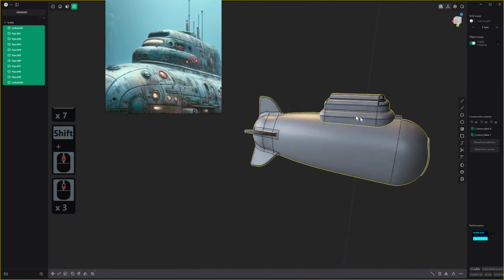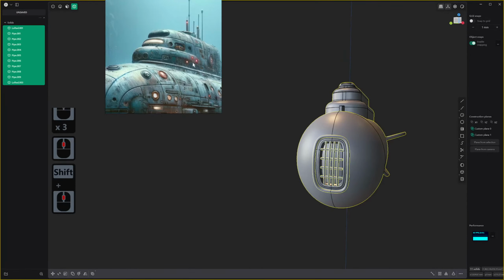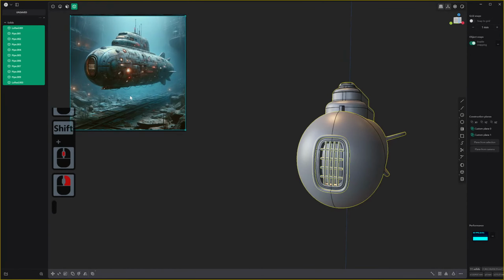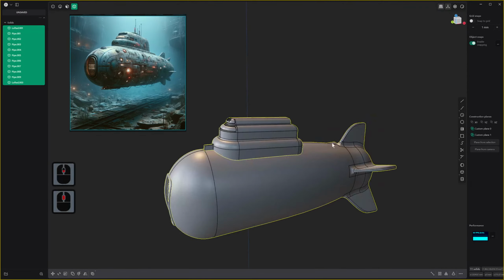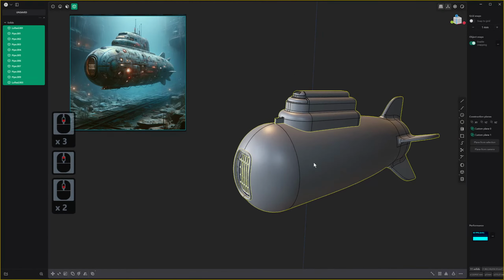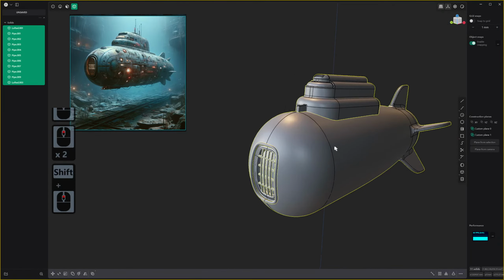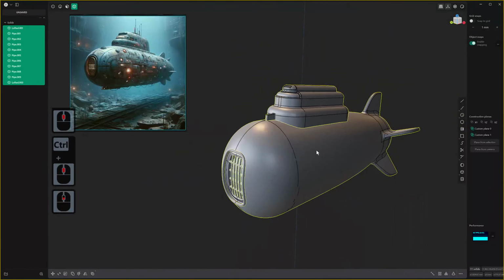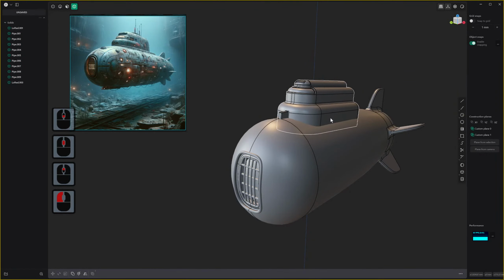So start with Blender, do the basics, write a passage, whether that's Blender Guru or one of the other top Blender channels. And then you can take it from there. Plasticity is a different kind of workflow. If you like what you see in Plasticity, don't hesitate to start with that though, because the